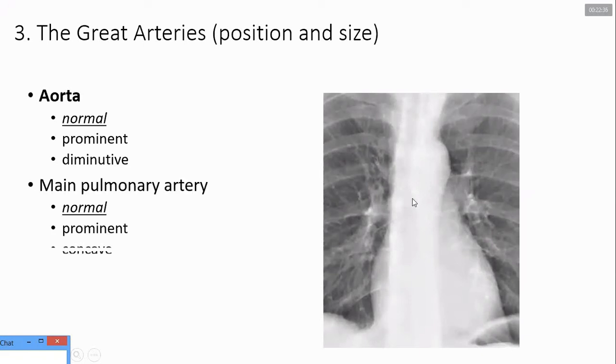Now, similarly, the pulmonary artery. We'll be discussing the changes in these vessels. The pulmonary artery arises from the right ventricle and passes superiorly, and it divides to give rise to the right pulmonary artery and the left pulmonary artery, which again divides into two branches on the left side and three branches on the right side: 1, 2, 3. And the left pulmonary artery is superior in comparison to the right pulmonary artery.